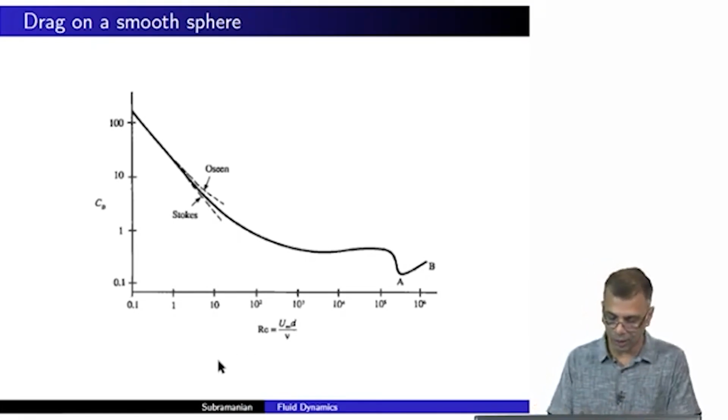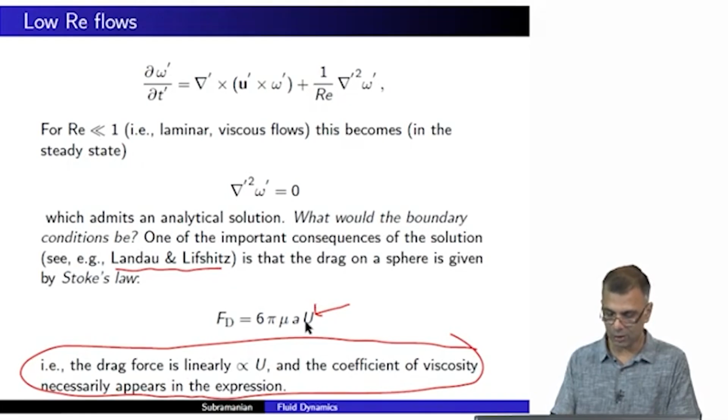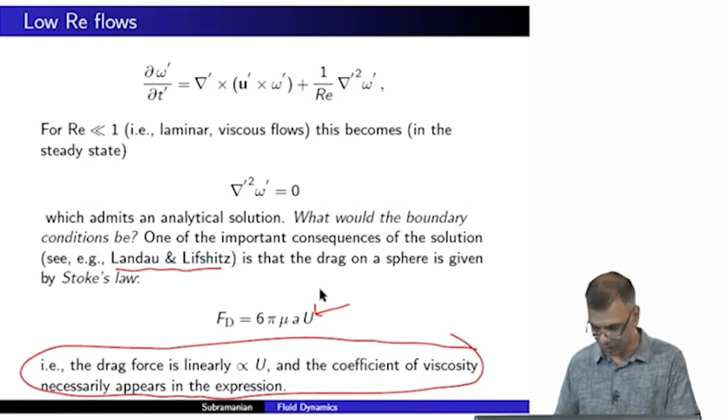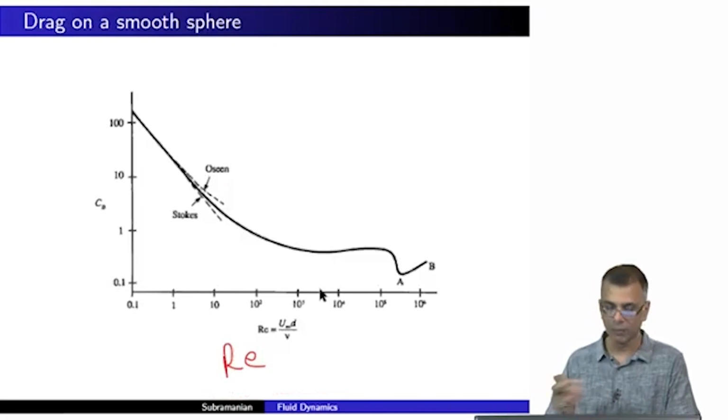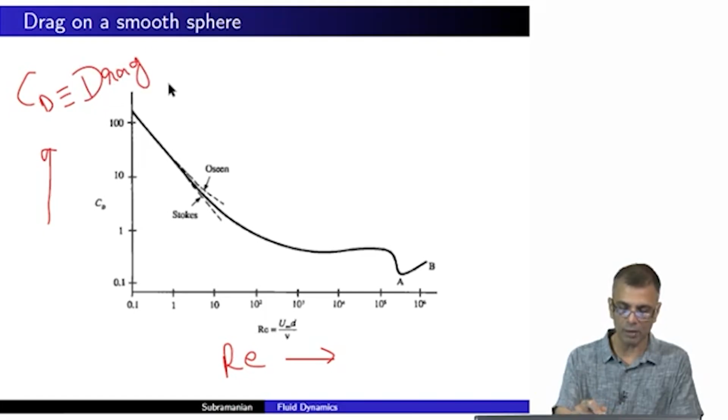What's on the x-axis is the Reynolds number. That's not how this is written, mind you. On the x-axis, for instance, you would have the velocity, but that's not how this is plotted. This is the usual way of plotting it. So the Reynolds number is on the x-axis, and on the y-axis is this quantity called C sub d, which is called the drag coefficient, and we have not even defined it